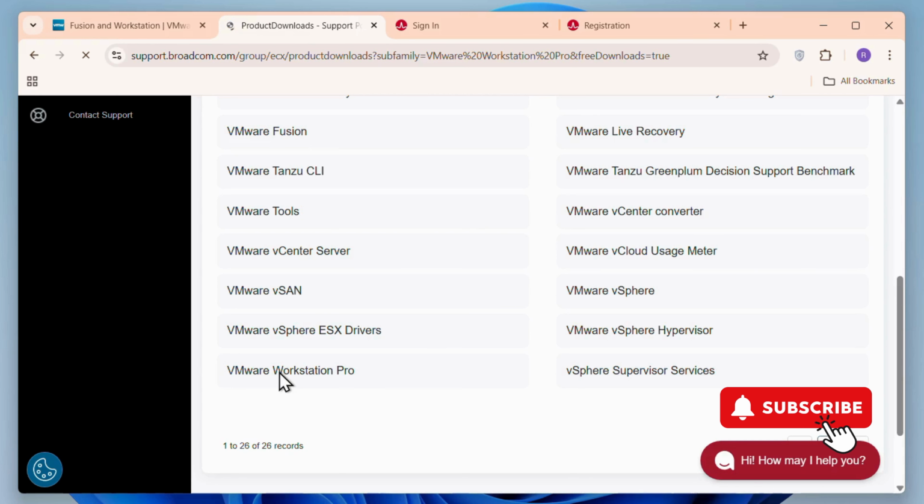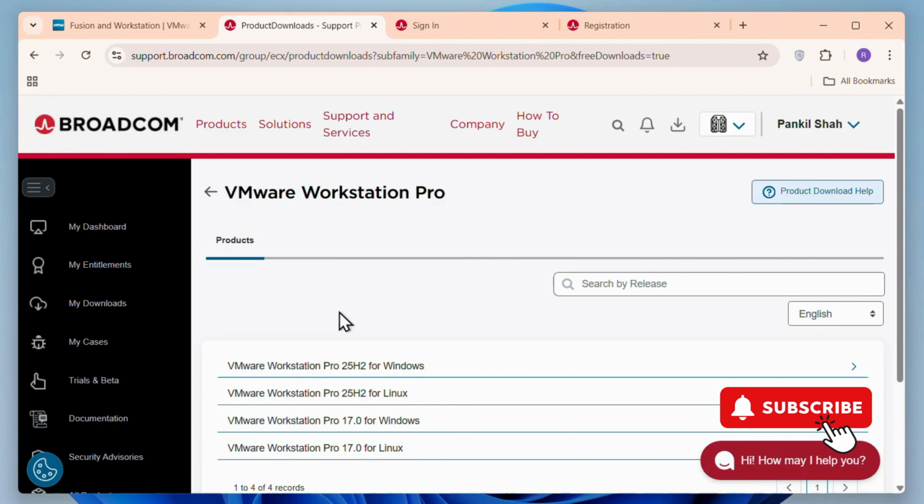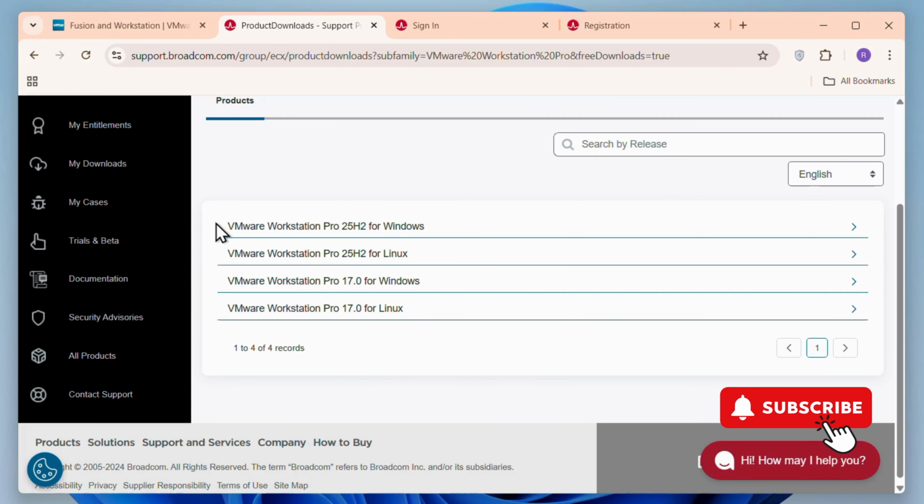Now here it will show different versions of VMware Workstation. Always select the latest version, so I'll just select this one, that is the Workstation Pro for 25H2 and then click on 25H2 again. So as you can see, it is now showing me the VMware Workstation Pro, but I cannot click on this